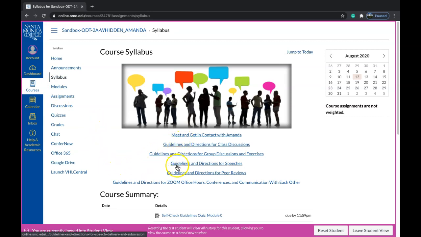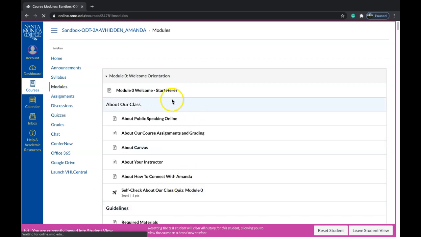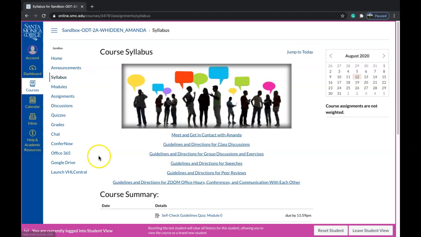Because the guidelines and directions for each of these assignments and for what we will do in this class is rather detailed, I do not want to overwhelm you with this first week. So the only thing I really want you to do this week is engage in your orientation module. If you wanted to work in advance and started to look over the syllabus to understand things like how will our speech days work, or perchance how am I supposed to engage in class discussions, you can of course come back to the syllabus, but again, I will guide you here as needed.